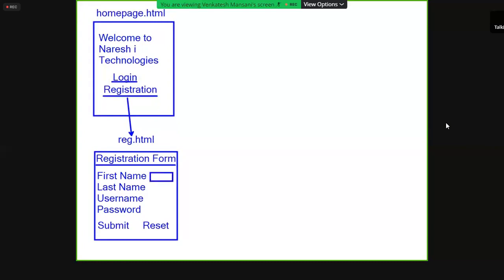Here: first name, last name, username, password. Here, submit button, reset button. Now it is homepage.html with two hyperlinks, login and registration. When you click on registration, this file opens, where we'll enter first name, last name, username, password. When I click on the submit button,